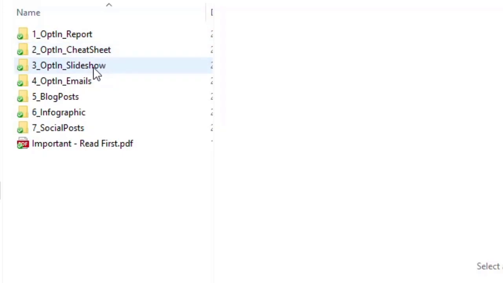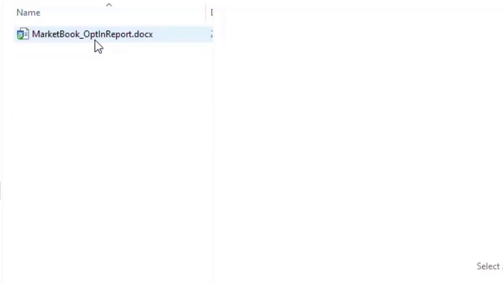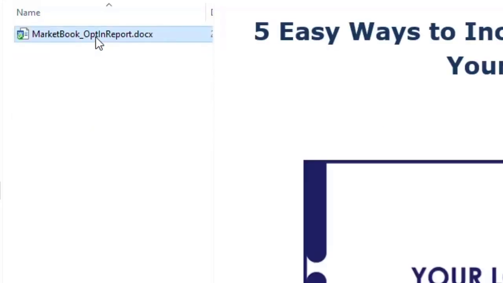So you can use the slideshow in combination with the cheat sheet, and even in combination with the report, to do a webinar and convert leads to students that way. You can do it just as a report download, any combination of the 3. Even some people just use the cheat sheet and spruce it up a little, add an intro and bio, things like that, and make that the lead magnet. So let me show you the report first,